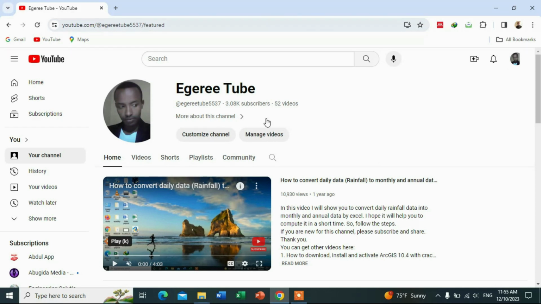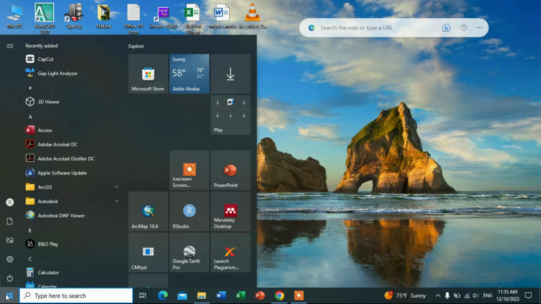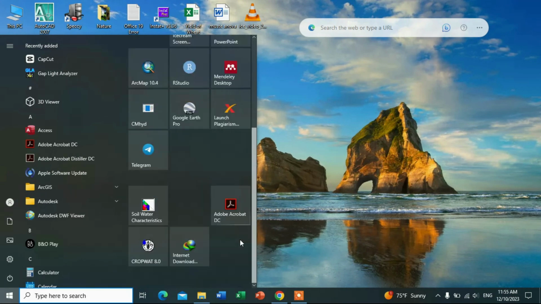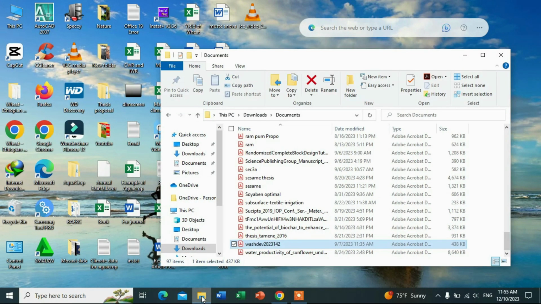So first of all, you have to install this software, Adobe Reader. Okay, this one, Adobe Acrobat. You have to install this software first, and then you can open this. You can open any document file. Let me open this one,